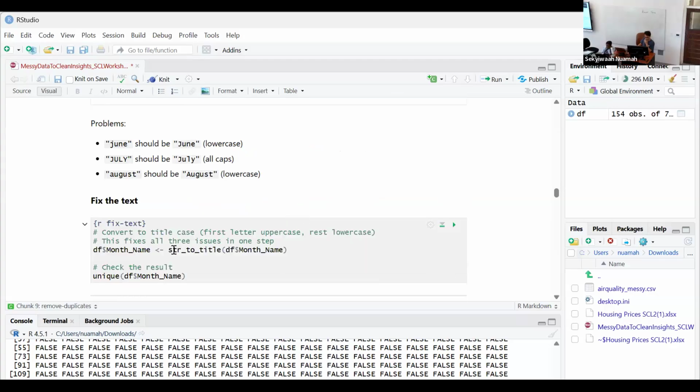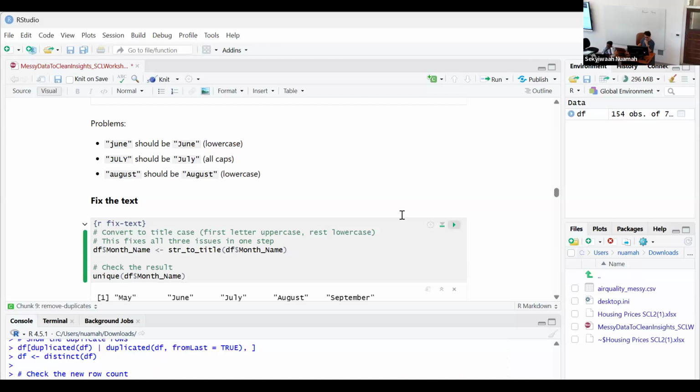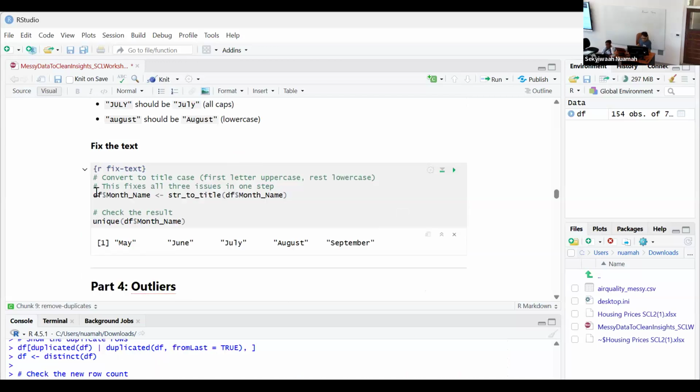Okay, to do this, we can use this command. So here's how this command works. Anytime you put a $ sign plus something, it means you are taking that variable from the data frame. So here I am saying basically, go to the data frame and take the month name. Okay, this is what this $ sign means. And then str_to_title is going to make all the names have the first letter capital and every other letter small. So string to title